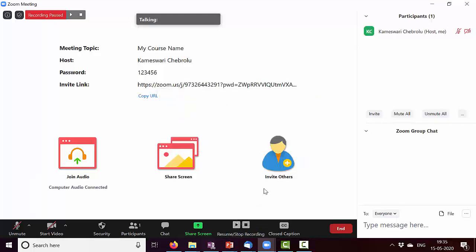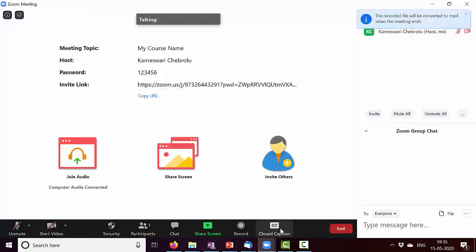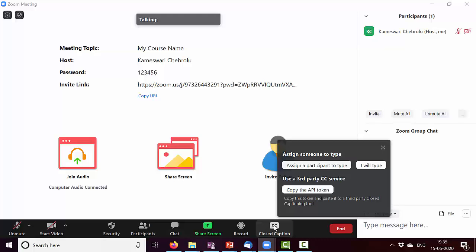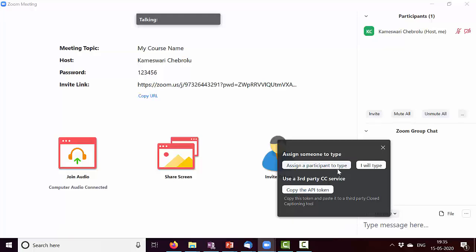So I'll just stop. Closed caption is provided by Zoom, but this isn't really helpful because it expects some participant to do the typing for you. It doesn't do auto captioning. But if you want some student to take notes of this meeting, you can potentially assign a participant to type whatever conversations have happened.